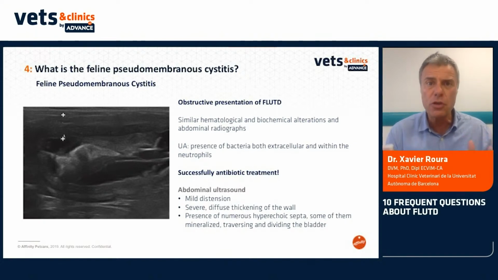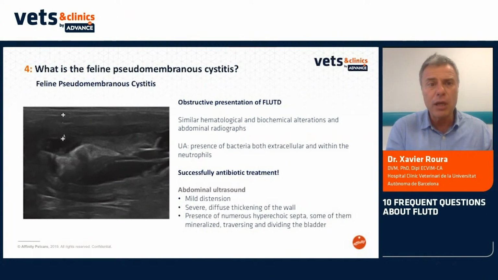So there is an obstruction in these cats. It's the same disease, but obstructed. The hematological, the biochemical, even some radiological alterations are similar to the other diseases, but the potential explanation of this new disease is probably a urinary tract infection. So cats successfully respond to treatment with antibiotics, and helpfully we can diagnose this kind of disease